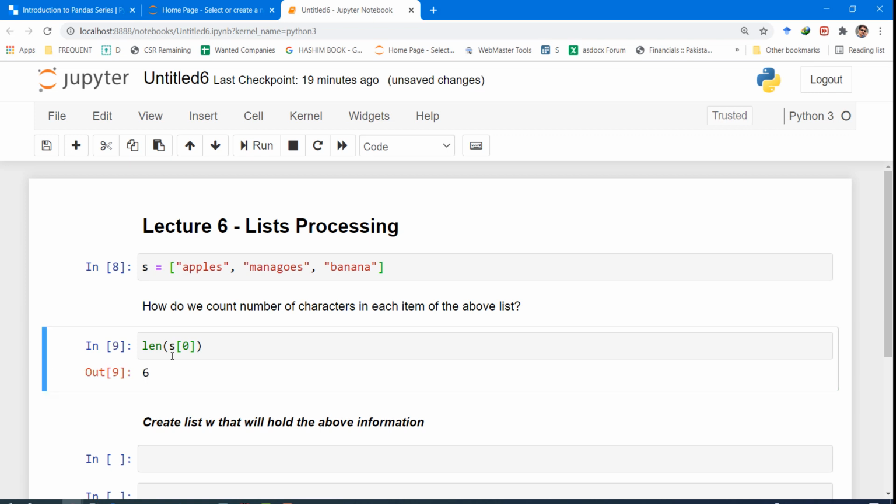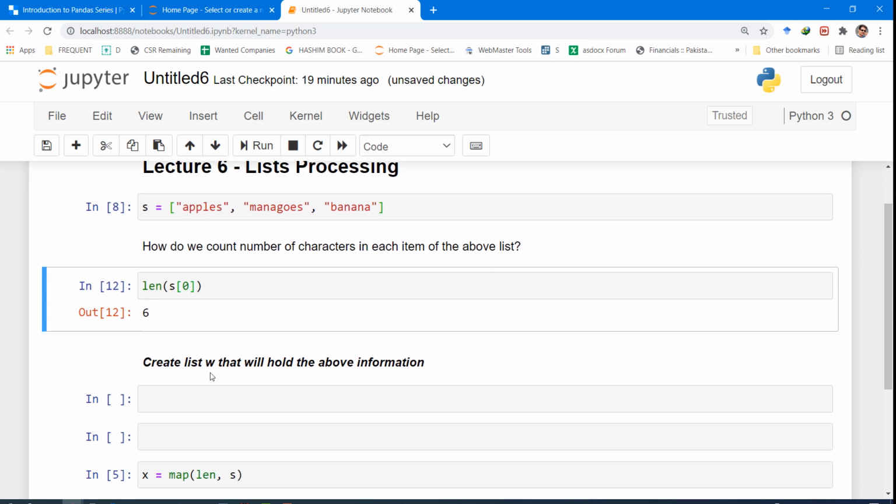So the first item has 6 characters, the second item has 8 characters, and the third item has 6 characters. Okay.